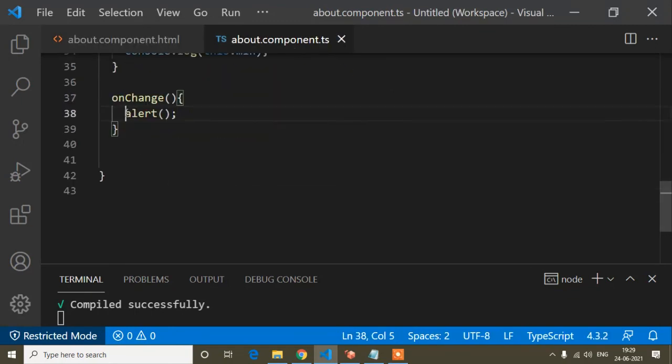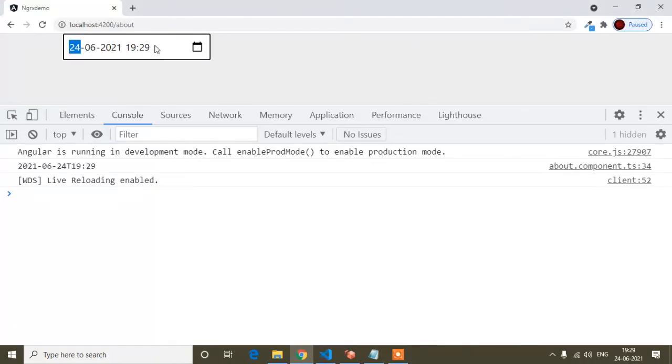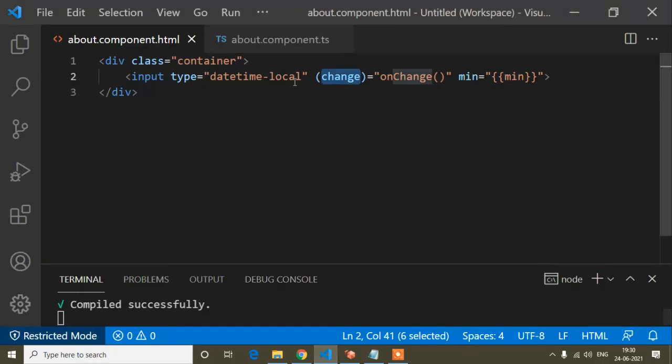First of all, inside this change method, I have to get the value of the date the user is selecting. So how can we do that? If you have any knowledge of JavaScript and jQuery, you will know that we write an id on the element, and after that we write document.getElementById to get the DOM property by id, and then whatever we need, like value. So we write document.getElementById.value, this way. But Angular provides us a template reference variable.